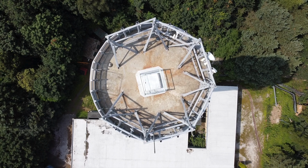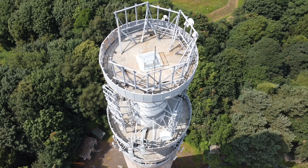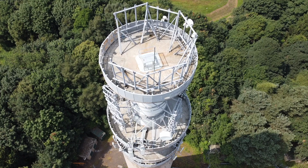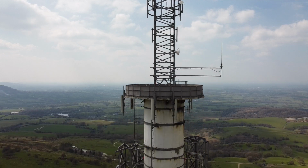Firstly, as a connection serving Manchester on the main north-south route for television links for BBC and ITA. And secondly, as a local link to the Emley Moor television transmitter in Yorkshire, which carried the Granada ATV service until mid-1968. Now, these sites are extremely important because during the Cold War, the British government set out plans for